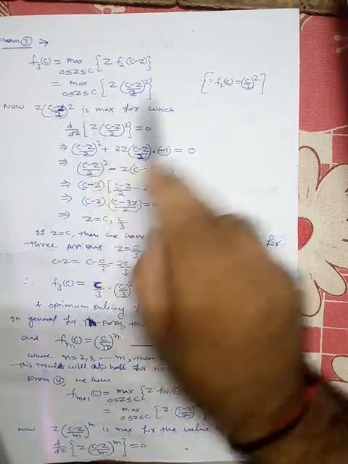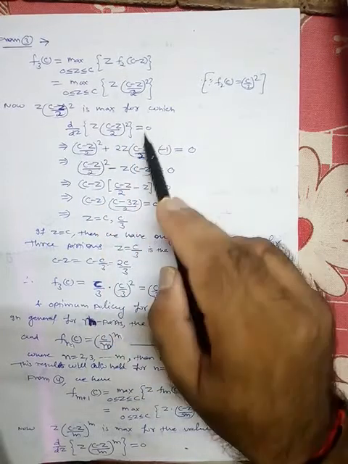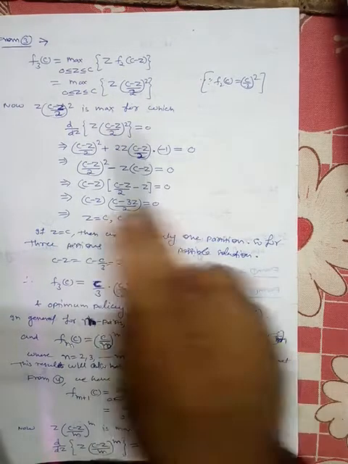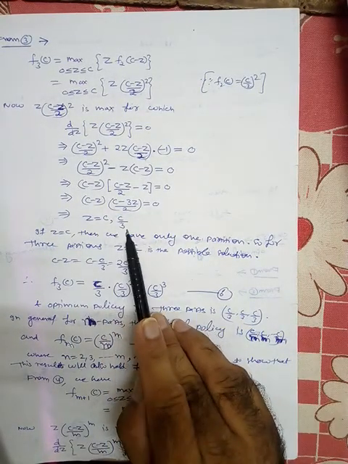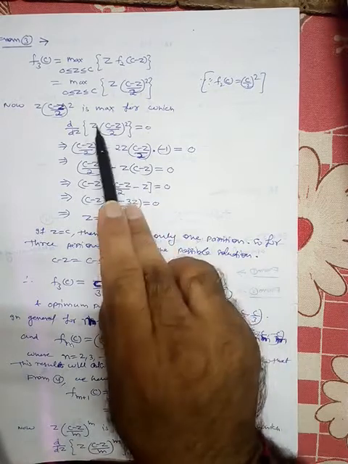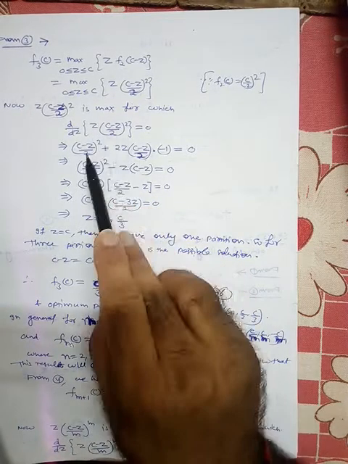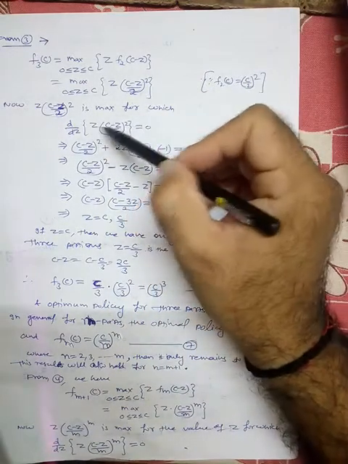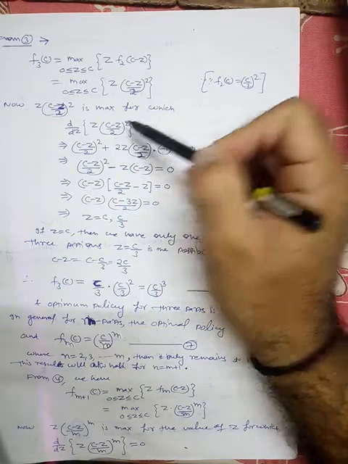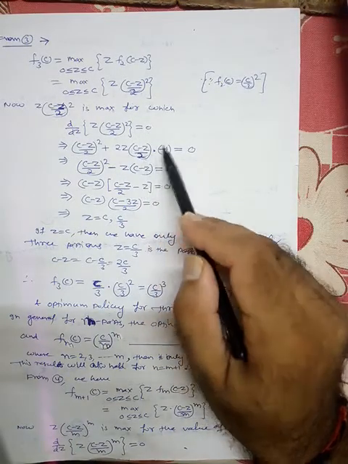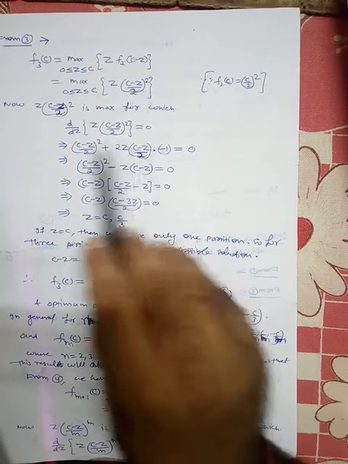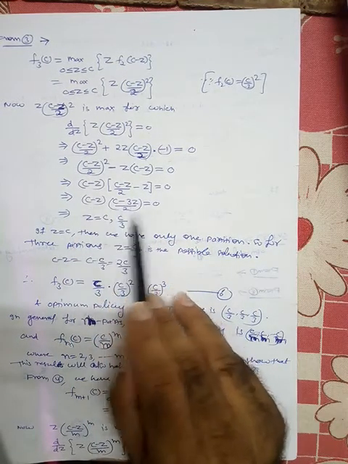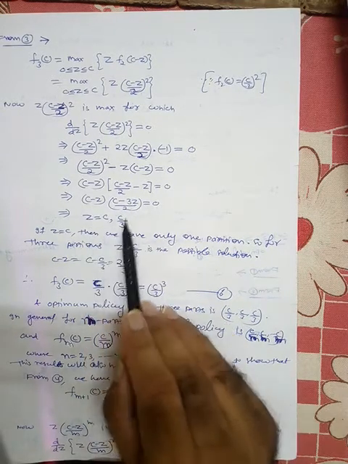So for maximization of this, d by dz of this quantity should be 0. So differentiate this and find out the values of c. So after solving this, we get z is equal to c or c by 3. Just differentiate this. So first derivative of this quantity is as it is this value, plus now z as it is, and the derivative of this quantity is 2 into c minus z by 2 into minus 1 is equal to 0. So you can take c minus z common. So ultimately we get c minus z into c minus 3z by 2 is equal to 0. So z is c or c by 3.